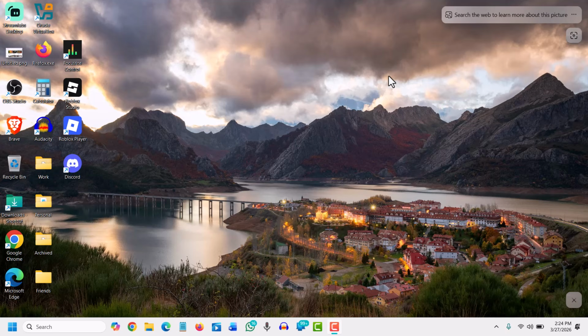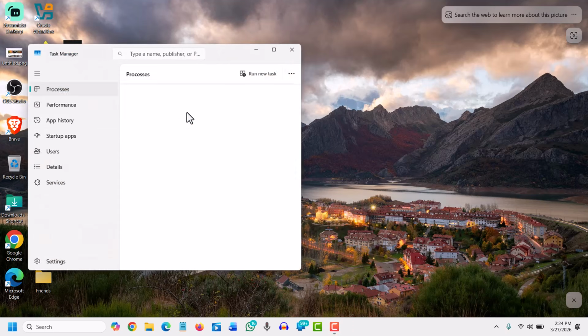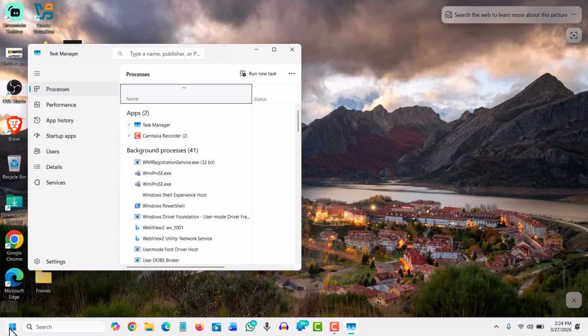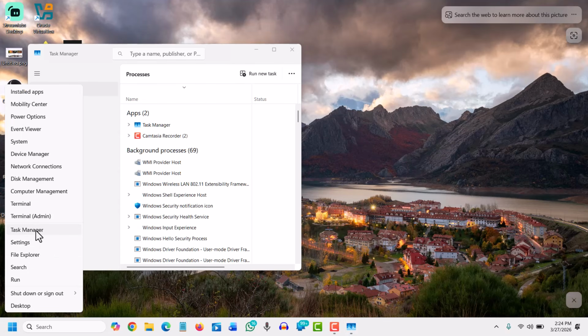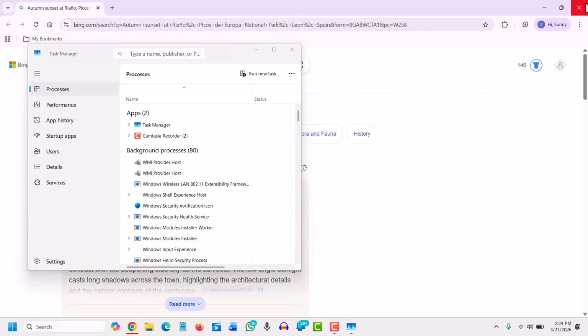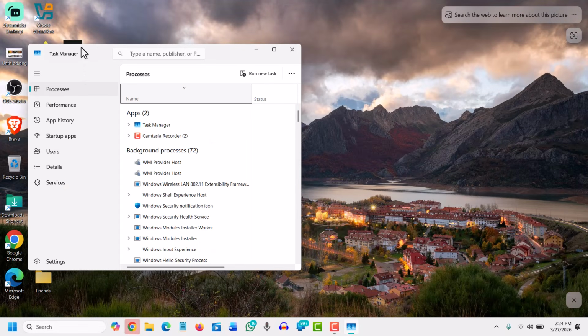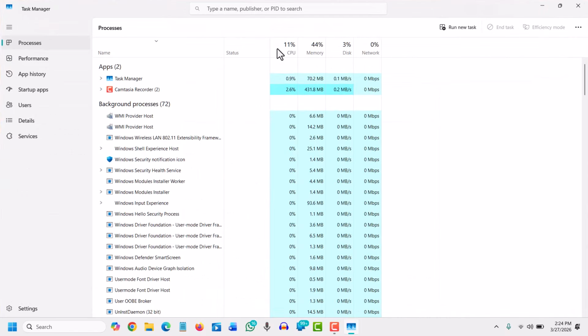So firstly, we need to check what's causing the problem. To check that, we will press Ctrl, Shift and Escape to open the Task Manager, or you can simply right click and open the Task Manager. You can also search task and you will open the Task Manager. Now, once the Task Manager is opened, we will go to the Processes tab and I'll maximize it so that you can